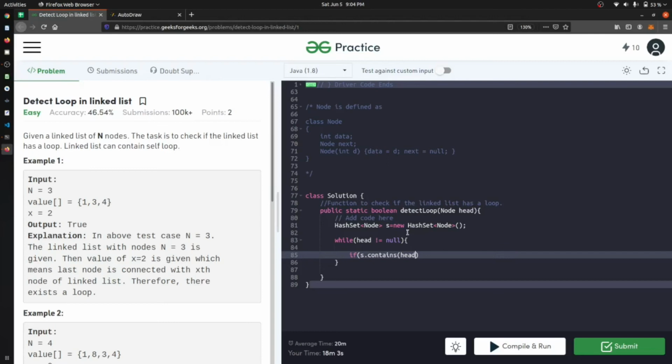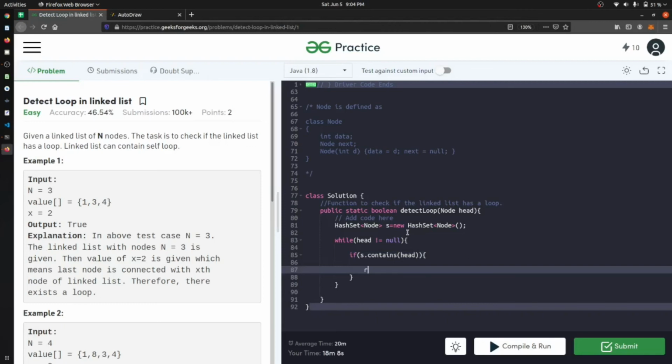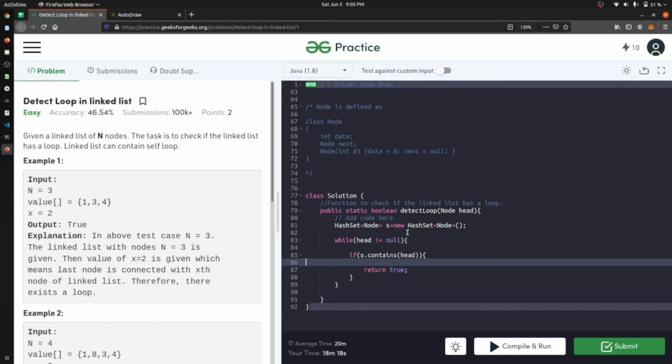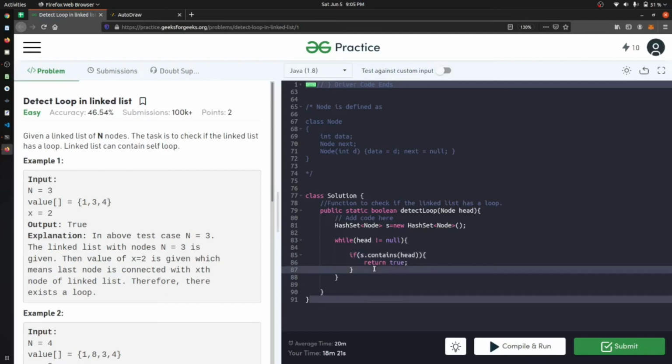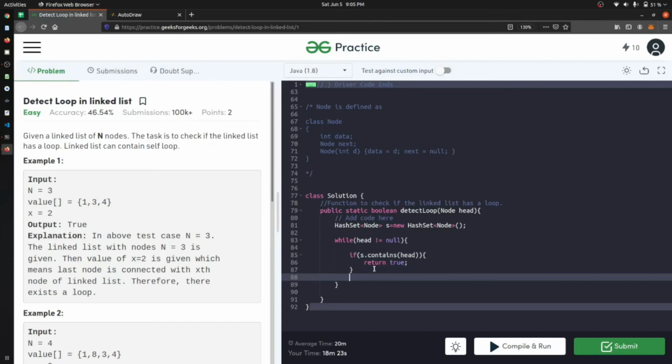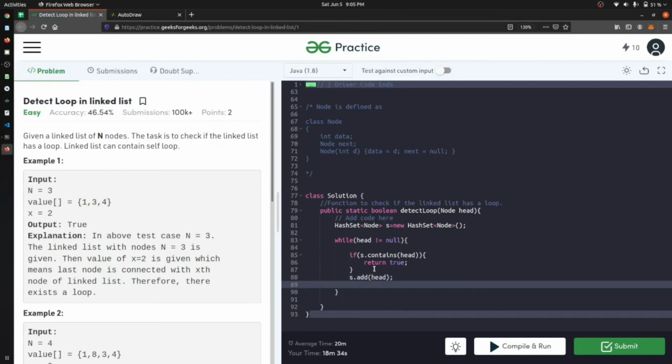If it contains it, we will return true, because we have to return true or false. It means that our linked list contains a loop. If it's not there, then we will do s.add, pushing our node inside our hash set, and then we will do head is equal to head.next.